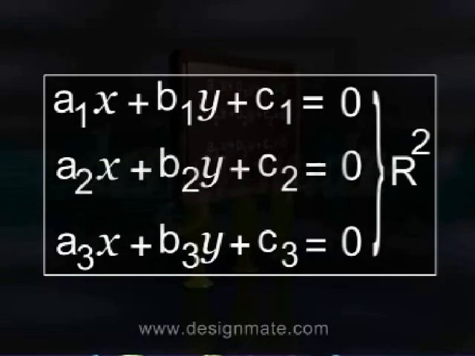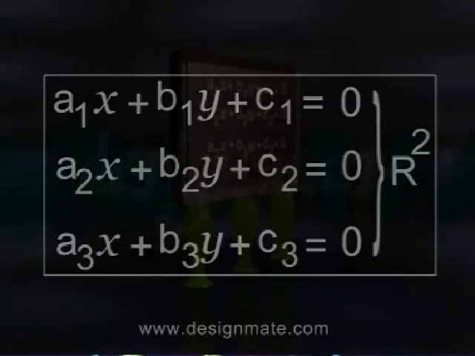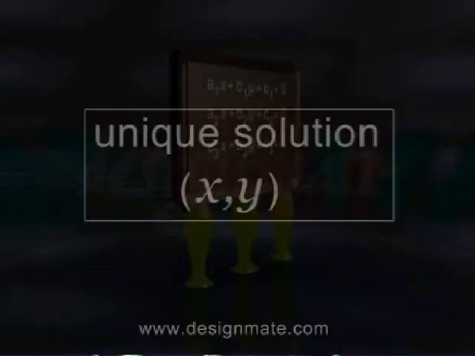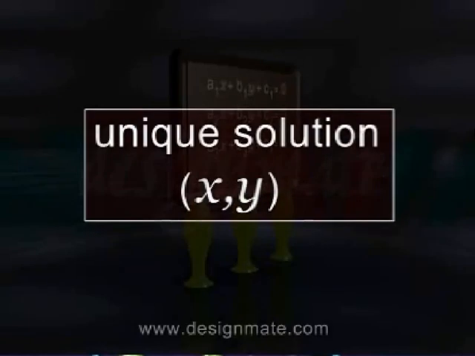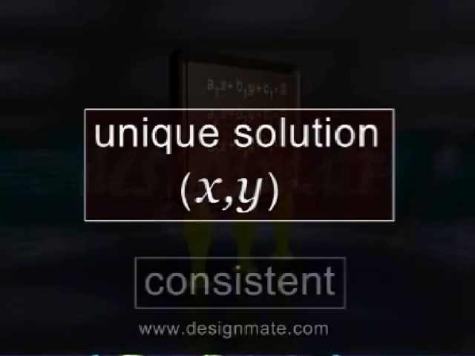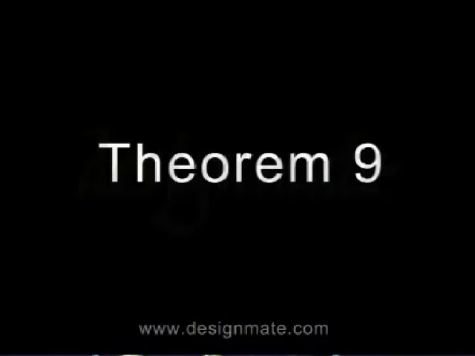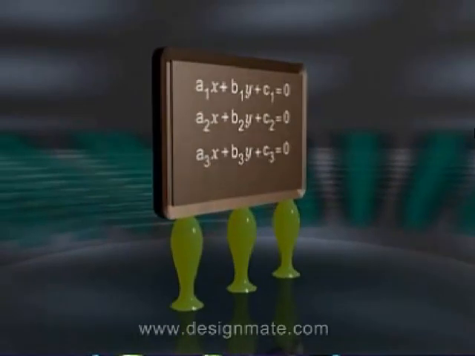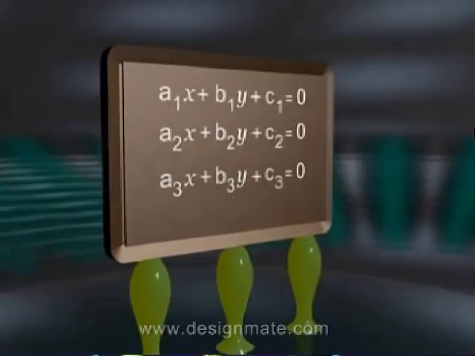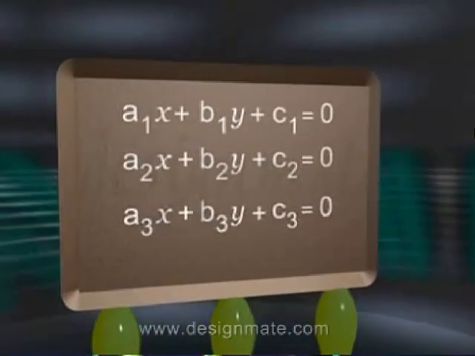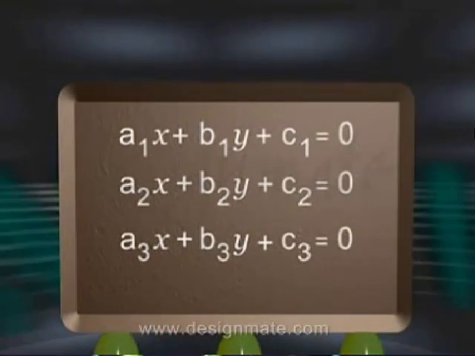Consider three linear equations in R² which are pairwise distinct. If this system has a unique solution x, y, then it is said to be consistent. The necessary and sufficient conditions for the system of equations to be consistent are: